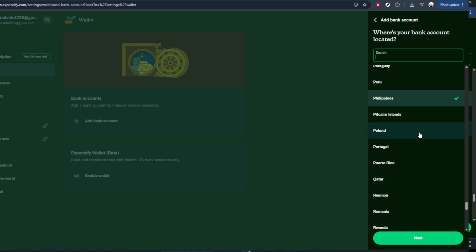Follow each prompt carefully, and if you're asked to verify small test deposits or enter a code from your bank, complete those steps as soon as possible. When you've finished all the on-screen instructions, your bank account should appear in your wallet section. At that point, it's connected and ready to use within